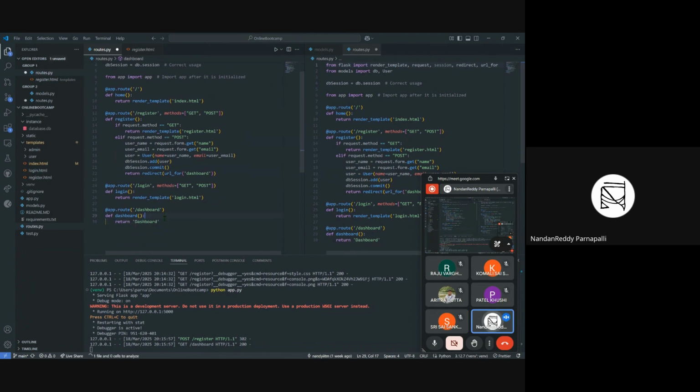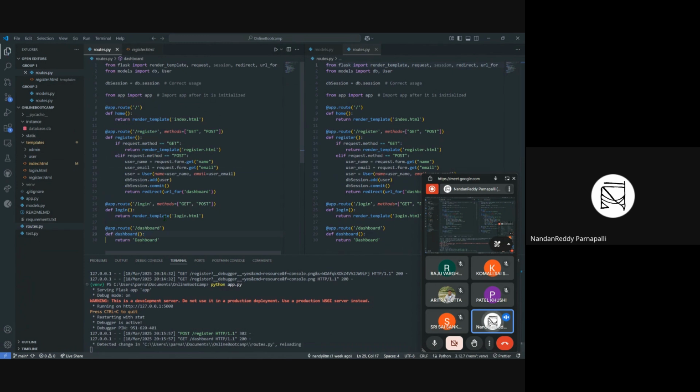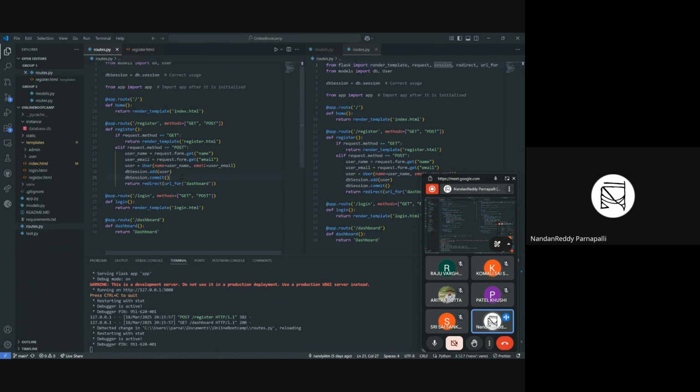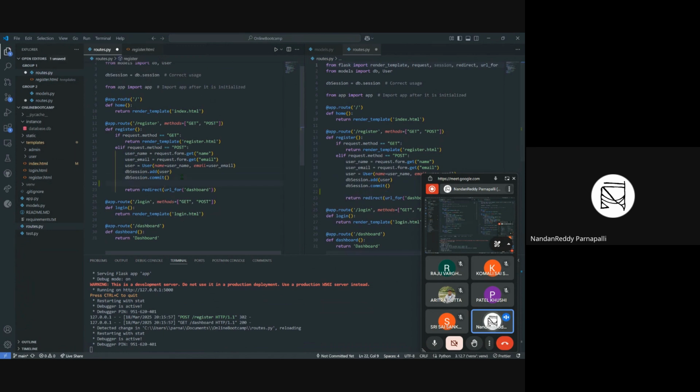And before that, if you want to store information about the current user, then there is something called session in Flask. From Flask, we have imported session. So session is like a dictionary that we can use. So if the user is logged in, then we can add a session of